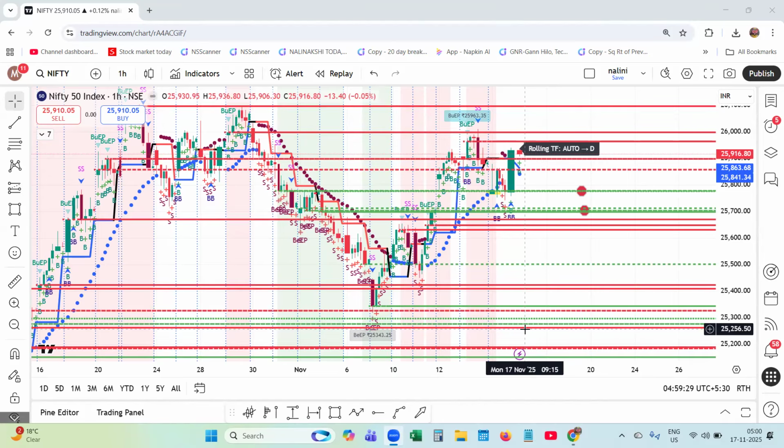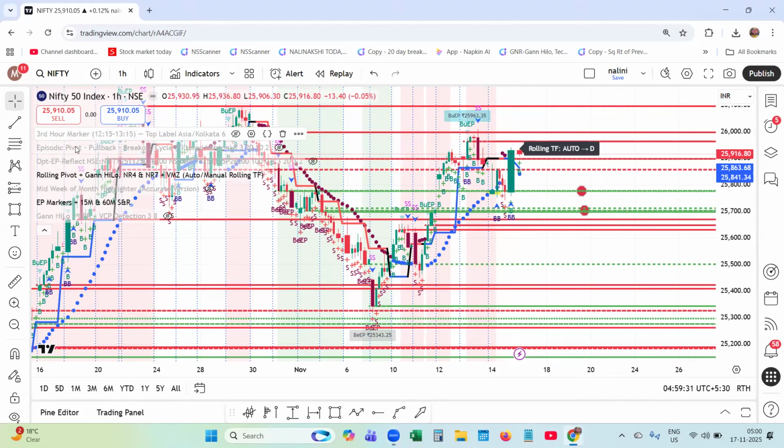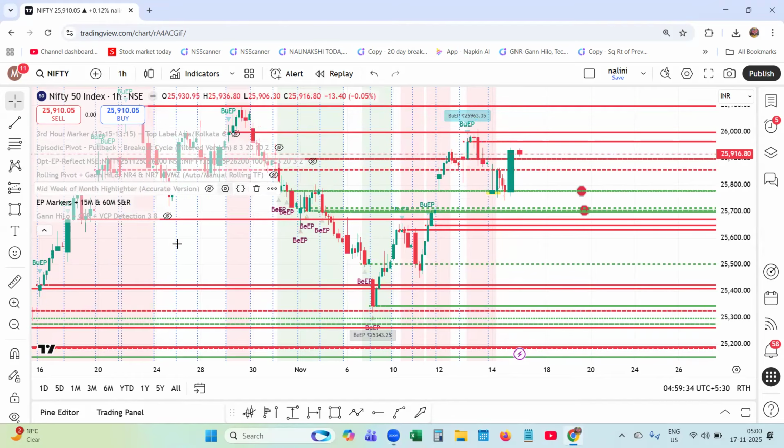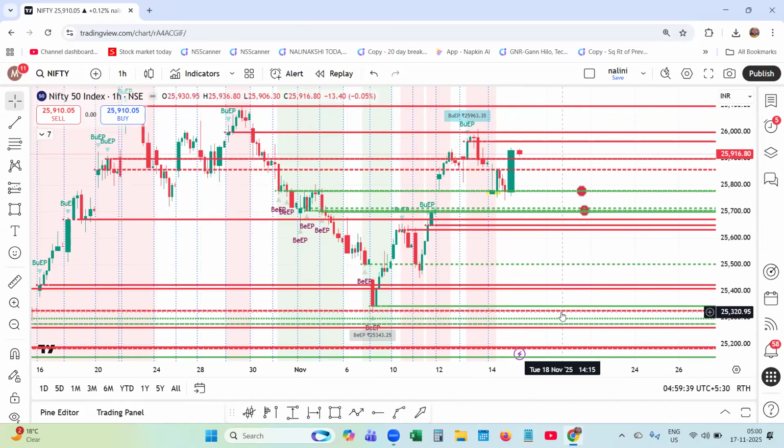Here in this video, let me disable the rolling pivot and show you simply these lines. These look like a support line and resistance line, but not so. Friends, many people, even me, I used to go to the option chain